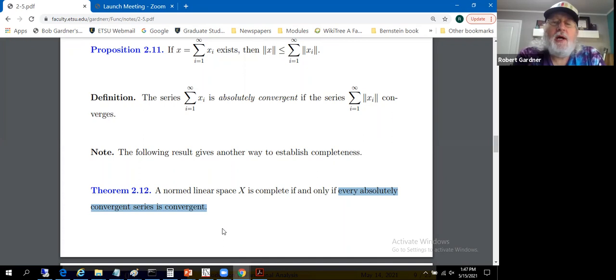So convergent doesn't imply absolutely convergent. If you remember your calculus 2 really well, or your senior level analysis moderately well, you know in the setting of the real numbers, absolutely convergent series of real numbers are also convergent. Yeah, that's because the real numbers are complete, we could say in light of this result. But we're giving a classification of completeness in terms of convergence of absolutely convergent series.